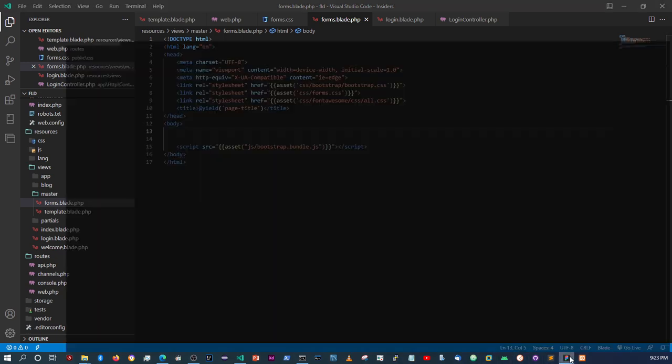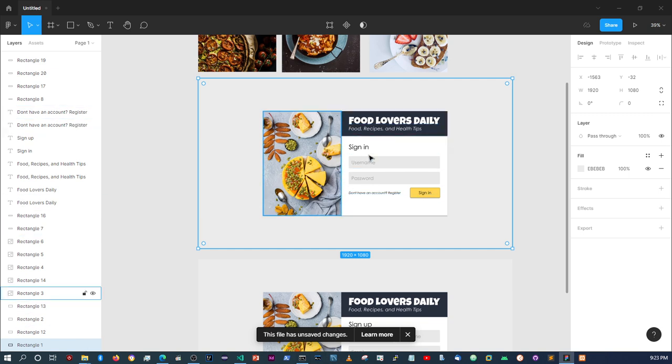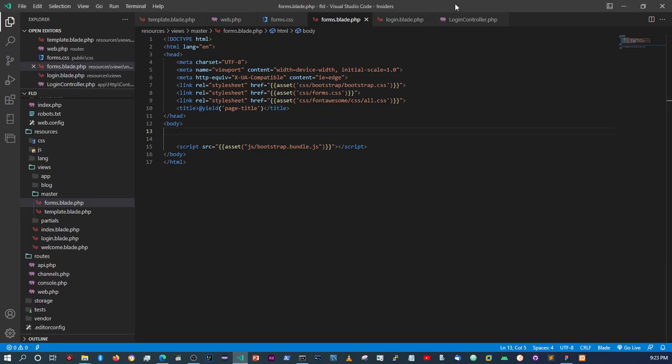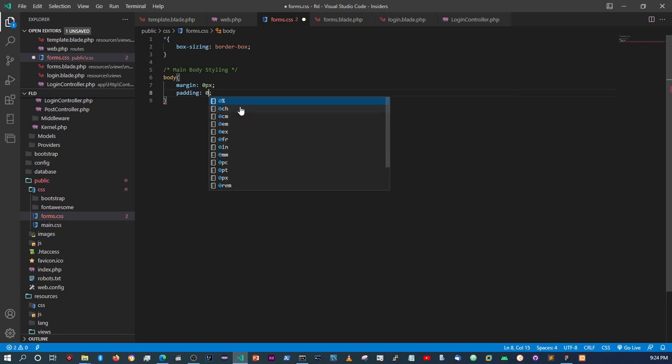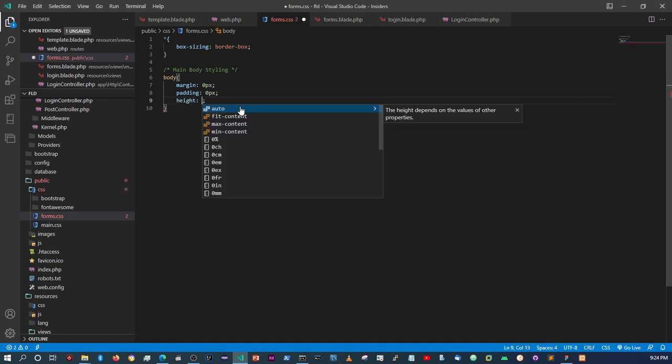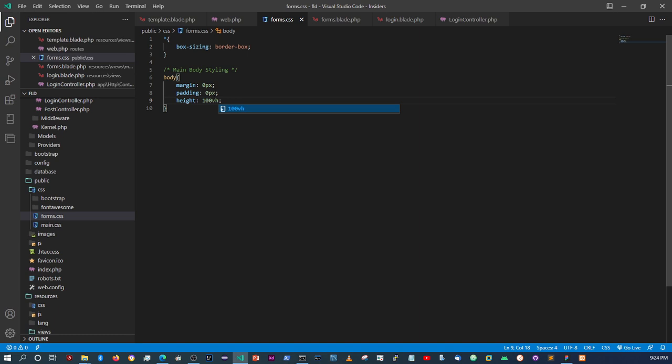Okay, so like I said, within the design, I made it so that this particular form is going to be centered to the middle. So to do that, let's just say border box. So I want the body to expand the whole viewport height. Okay, so we're gonna say height and then 100 viewports. Because the form isn't gonna have that many contents, it's safe to just use a fixed height on it. Okay, so the background color